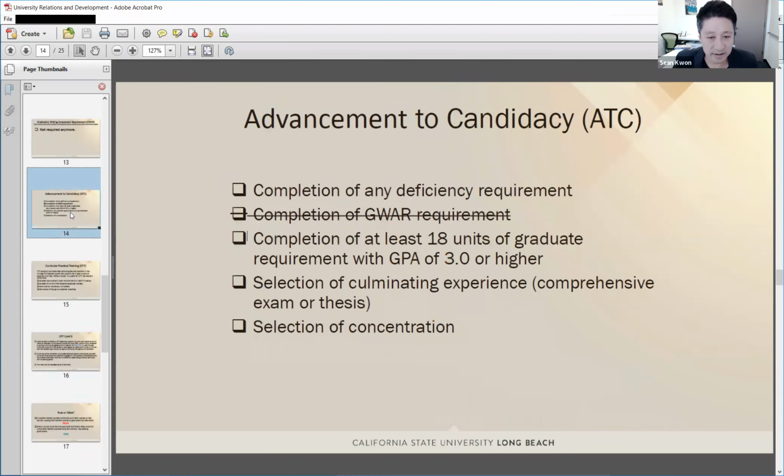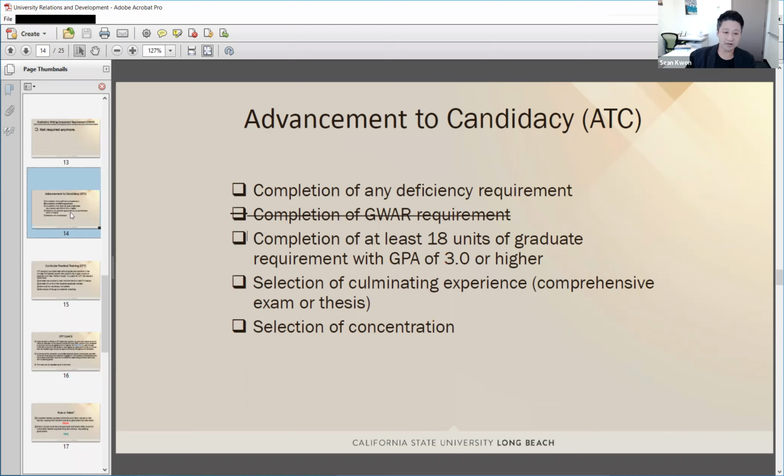I explained that ATC, and is there any question about ATC? All right, ATC is one of the important milestones during the MSEE program.